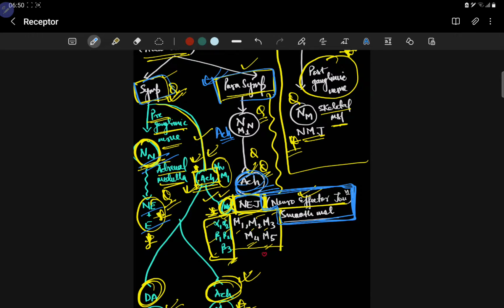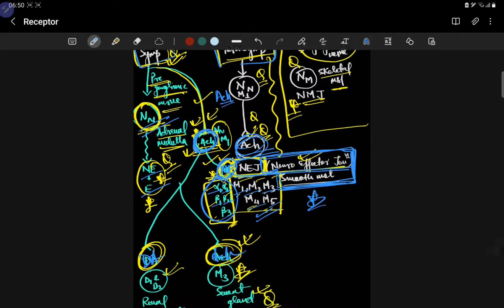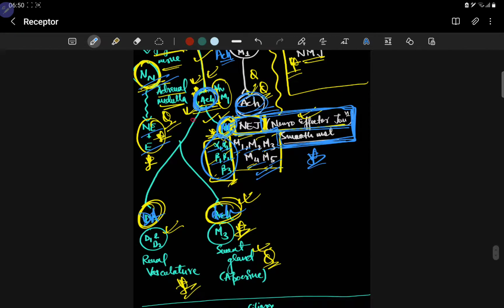parasympathetic, okay, and it will act via the M1, M2, M3, M4, M5, and in the sympathetic if there is a pre-acetylcholine, ठीक है, so जो पोस्ट गैंग्लियोनिक नर्व जो होता है उसमें नॉरएपिनेफ्रिन भी हो सकता है, या फिर एस्टाइलकोलिन भी हो सकता है, या फिर डोपामीन भी हो सकता है। तो नॉरएपिनेफ्रिन कहाँ पाया जाता है, तो दैट इज द न्यूरो इफेक्टर जंक्शन मेनली इन द स्मूथ मसल एंड ग्लैंड्स, एंड इट विल एक्ट वाया द अल्फा 1, अल्फा 2, बीटा 1, बीटा 2 एंड बीटा 3।